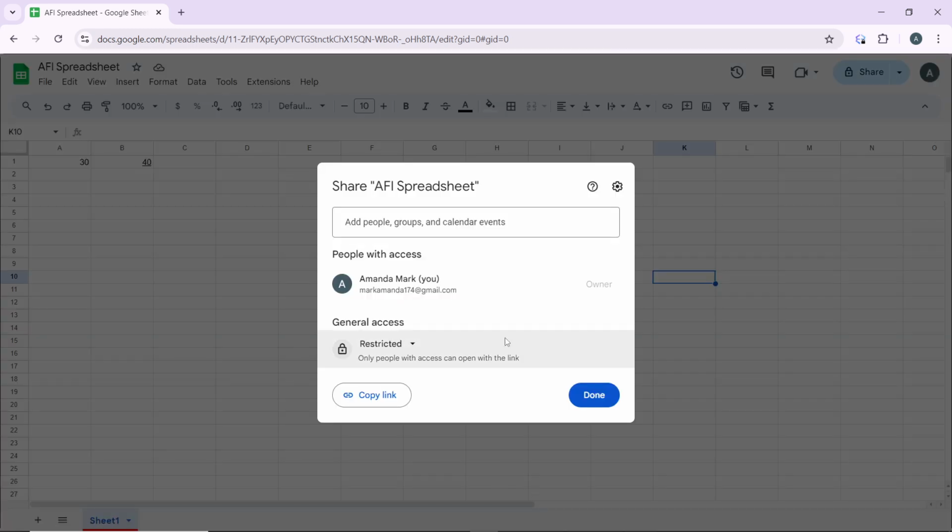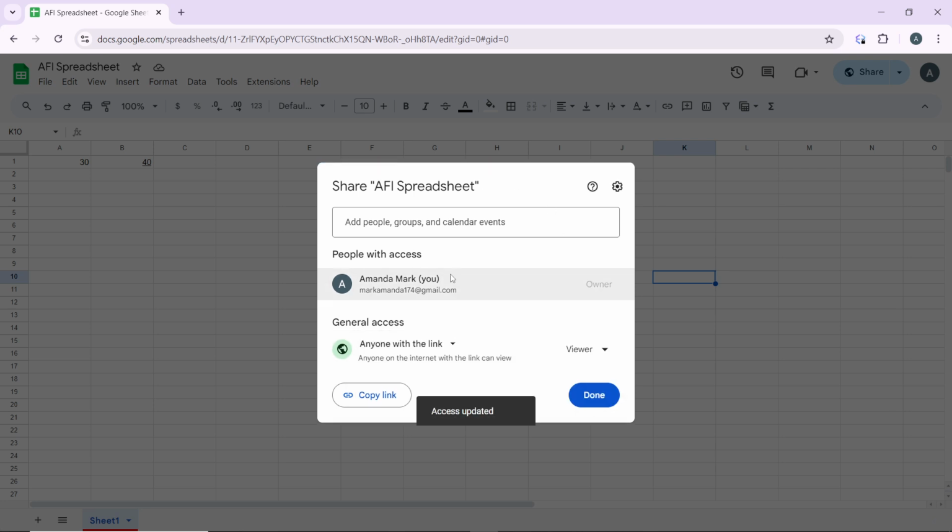As you can see, we have a problem adding people in a group because this is restricted. Only people with access can open the link, so it's restricted. So let's change it from restricted to anyone with the link, and once that has been updated, you can now add people over here and click on done. I'm clicking on search to add this person, and this person has been added